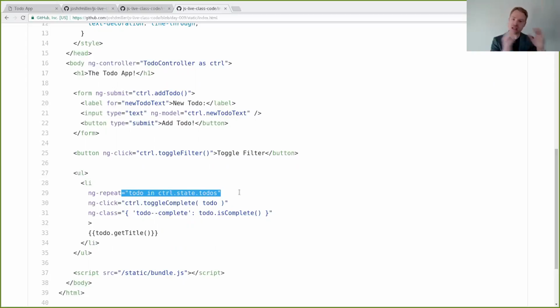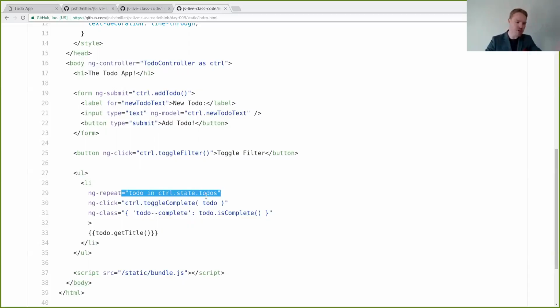And so Angular 2 still has all these directives, and we'll look at an example of how it's different in a minute. Not a full example, just a limited subset. But it's still the same core principles, right? It's still going to be these directives that you either like or you don't like, that you're either willing to learn and that speak to you, or they don't. They don't speak to me anymore. I think that there's a better way to do it in 2017 that there wasn't in 2010. And so that's how I think about it. That was a long and rambling response to a non-question, but there we go.